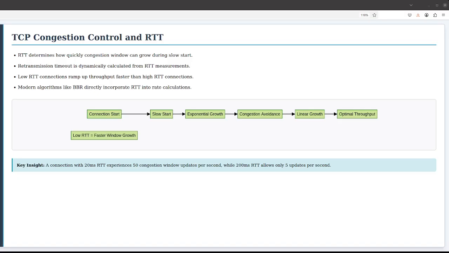The rate of growth is directly tied to how quickly RTT cycles complete. The critical insight shown in the diagram is the annotation indicating that low RTT equals faster window growth. A connection with 20 millisecond RTT experiences 50 round trips per second, while a connection with 200 millisecond RTT experiences only 5 round trips per second. This tenfold difference in RTT cycles translates directly to how quickly each connection can grow its congestion window and reach